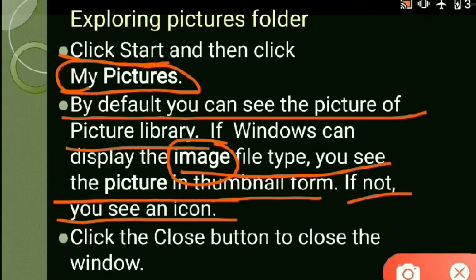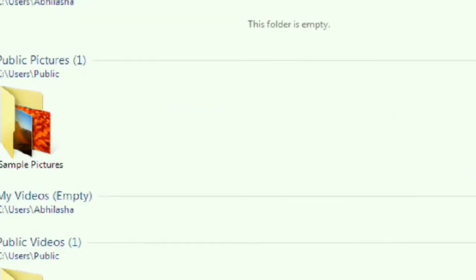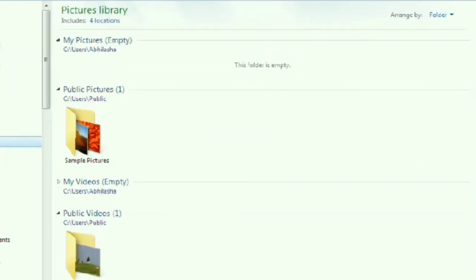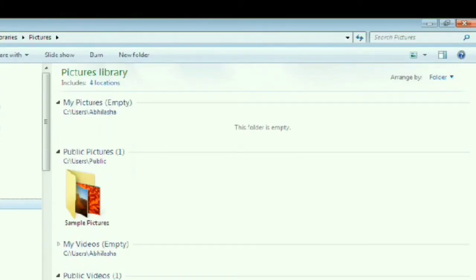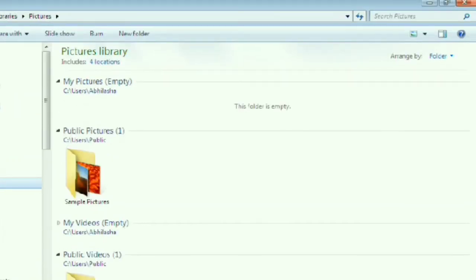Move to our next heading. I will show you this with the help of an example. In a picture form example, firstly we have to click on the start button. It is just in the corner, as I told you. You have to click on the Windows button. This is the Windows button or the start button. Once you click on it, you have to click on My Computer, and you can see it here. There's a picture.